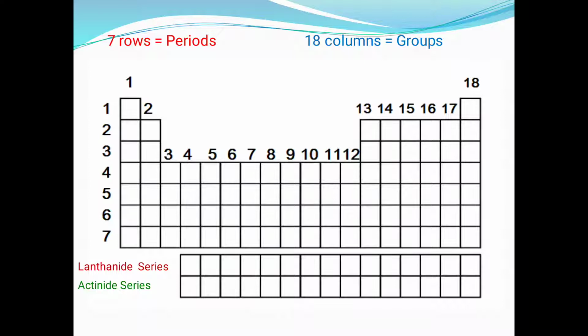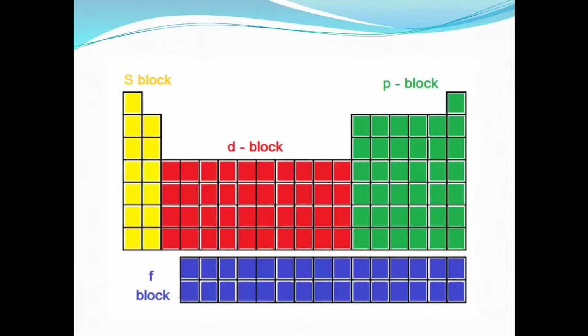Previously in the periodic table, some of the boxes were unfilled because some elements were not discovered at that time. But very recently, some of the elements have been experimentally established, meaning they have been produced artificially, and that's why all the boxes of the periodic table are now completely filled. Let's move to next. See here, the table is divided into 4 blocks.